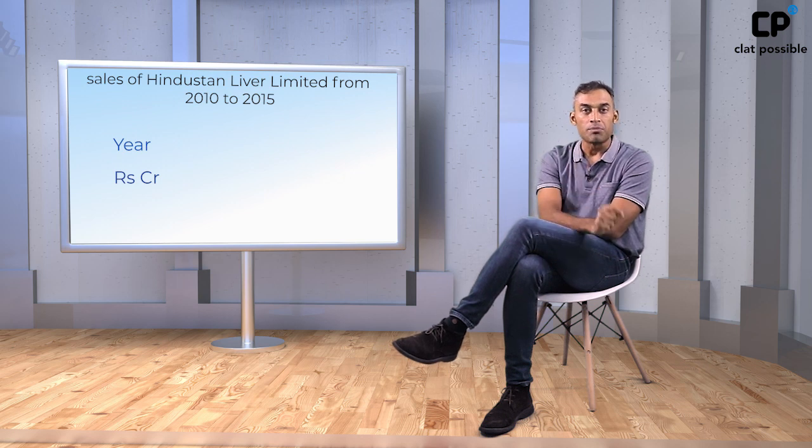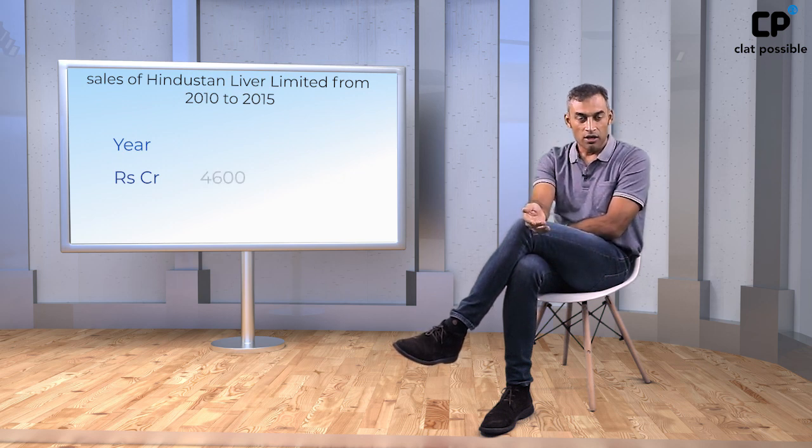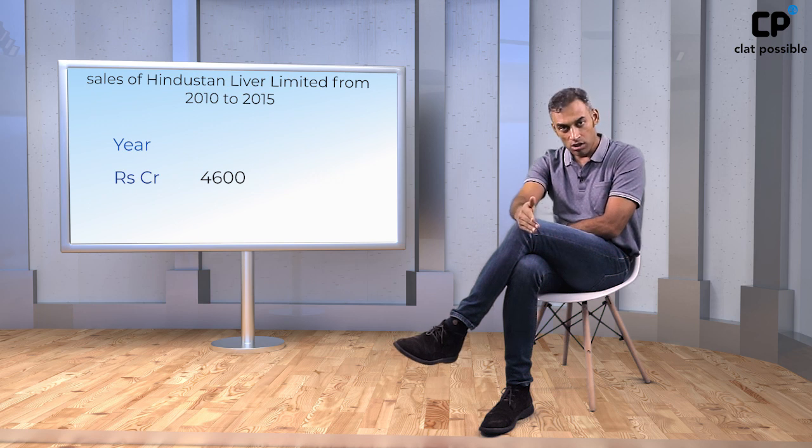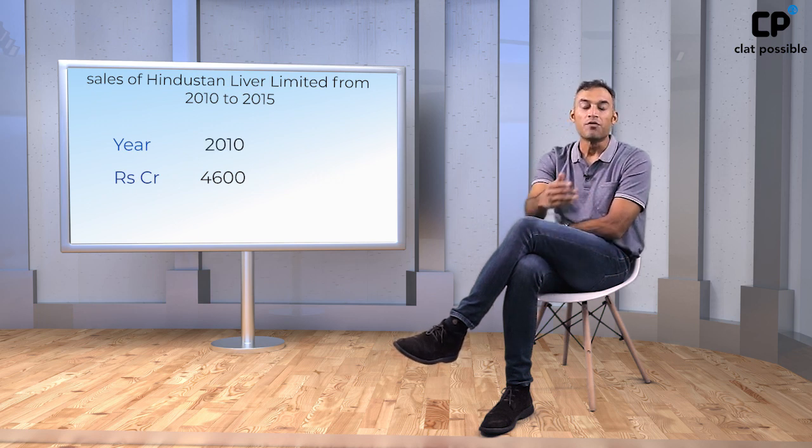Now, what is that we have to be comfortable with? I mean, you have to be comfortable with ratios, you have to be comfortable with multiplying factors, comfortable with the change, percentage change, etc. Now, to give you very, very basics of how questions come in a table form. So, let us take an example here. Suppose sales of a company, let's say Hindustan Lever Limited, is 4,600 crores in 2010, and in 2015 it has